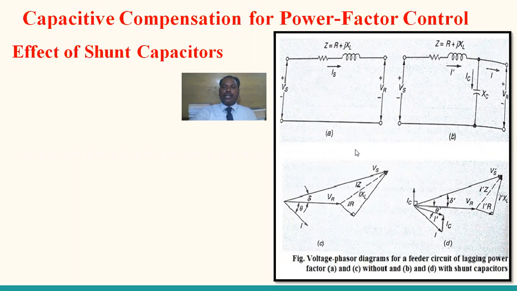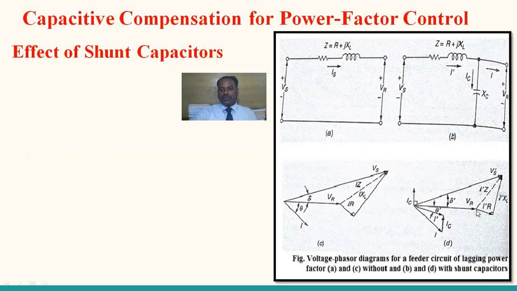To analyze the effect of a shunt capacitor, a shunt capacitor is connected across the load, towards the receiving end. So what changes are to be expected from the existing circuit to the new circuit? When a capacitor is connected across the line or across the load, some current is diverted through the capacitor. So the load current has to be reduced or not? Definitely the load current is reduced. This has to be represented with the help of a phasor diagram.